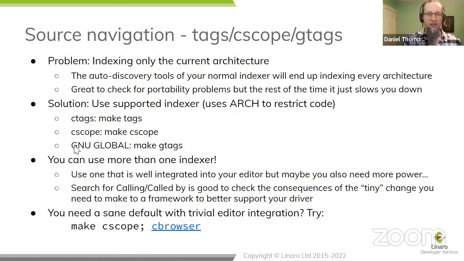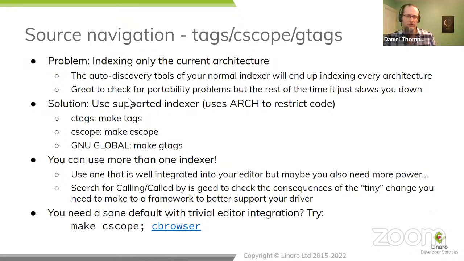And they have an additional property in terms of source navigation, and that is that they only index the architecture that you're currently building for. And this has some good properties and bad properties. By indexing only the architecture you're building for, you don't get 10 or 20 implementations of the same function if you hit architecture dependent code, when you look at how spin locks are working under the covers or something like that. And that's good, because too many of these low-level functions is just confusing.